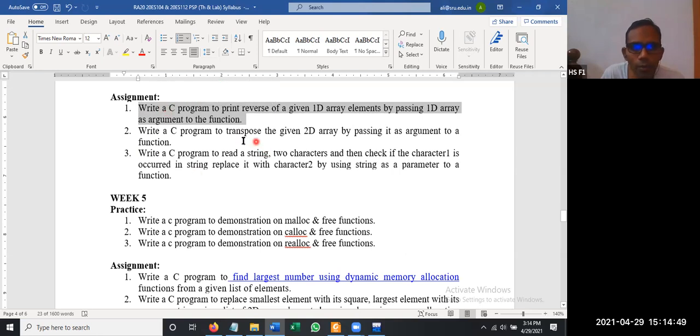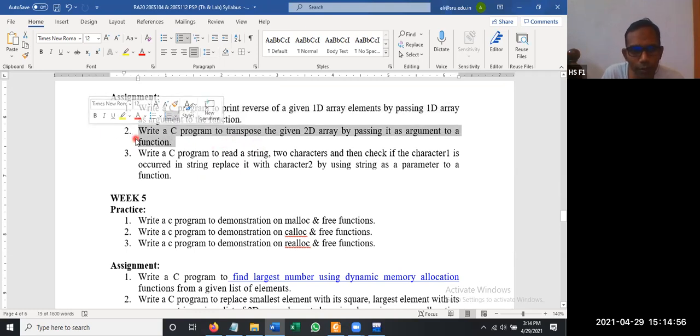Write a C program to transpose an array, passing an argument to function. Try this one, transpose. What is transpose? Can anyone tell me?